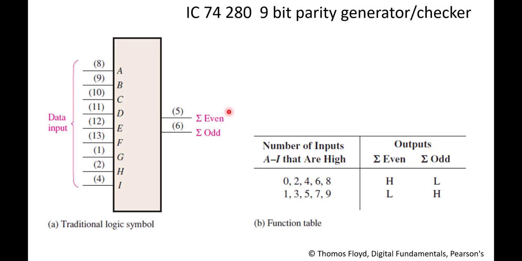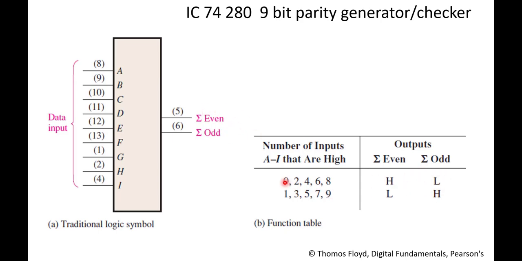Even output will produce 1 whenever an even number of ones are present in the data, and similarly odd output will be 1 whenever you are having an odd number of ones present in the input data. If an odd number of ones is not present in the data, the output goes low for the odd output. Similarly, when an even number of ones is not there in the given data bits, your even output will go low, as shown in the tabular column here.